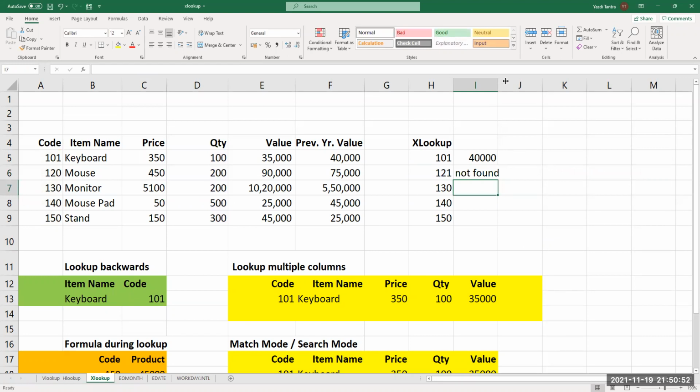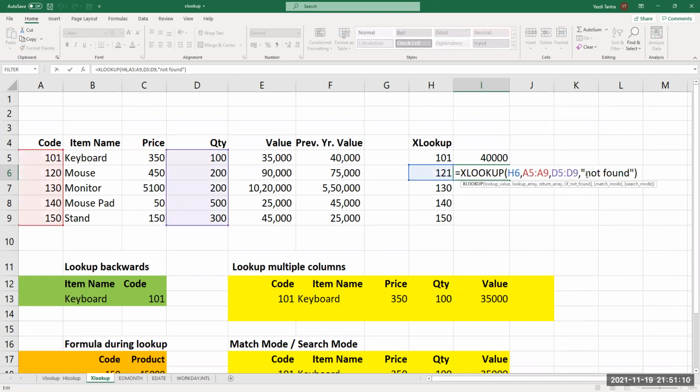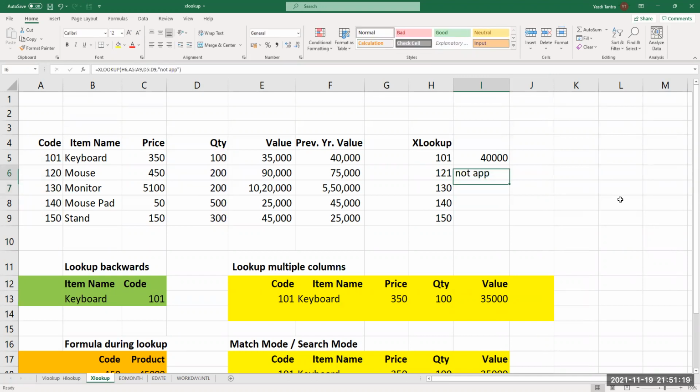This is very cool. So within the function itself, we are writing everything. We are writing if found, you return that. If it is not found, you say not found or not available or whatever you want to say. That text is your choice. Not applicable or whatever you want to say. Whatever is in quotes is your choice. If it is found, it will return the correct value. If it is not found, it will say not found. Are we clear on this?